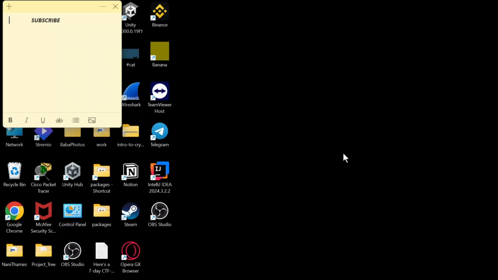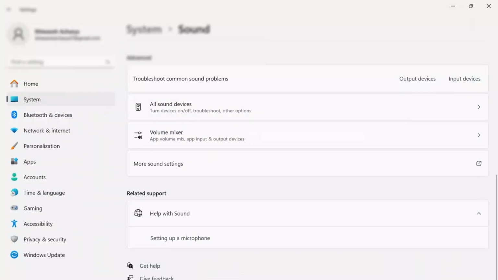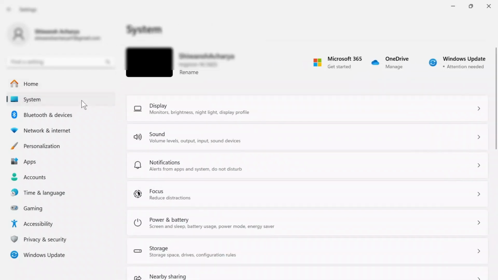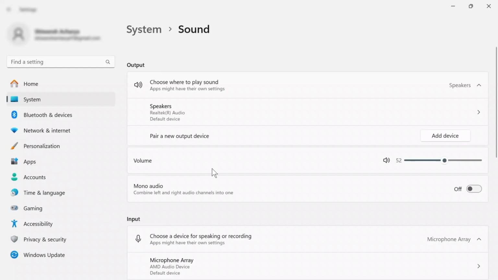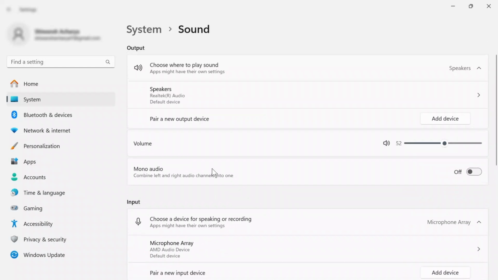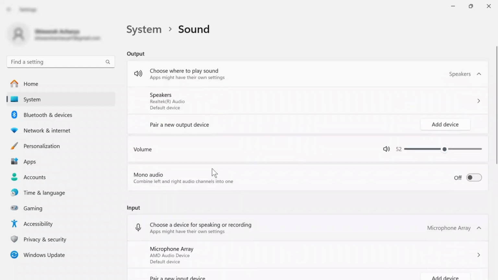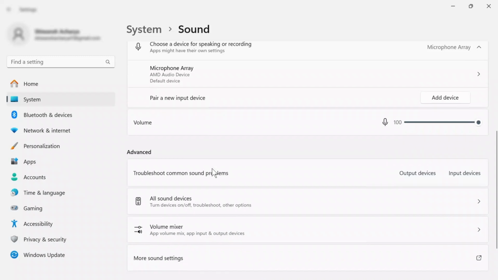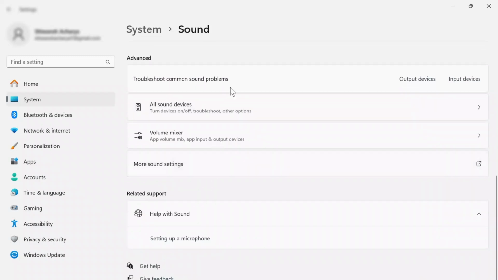The first step here is head over to your settings. After you're on your settings, head over to System. It's on the left hand side here. After you're on System, you should see the sound option. Tap on the sound option, and after you do that, simply scroll down, and there you should find an option that says advanced. Just scroll down, and there you should see more sound settings. Head over there,